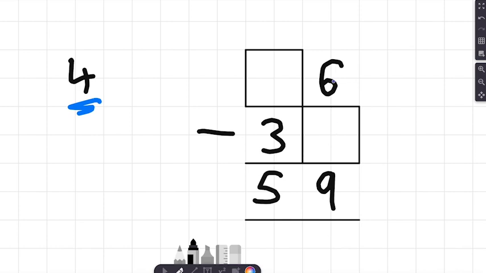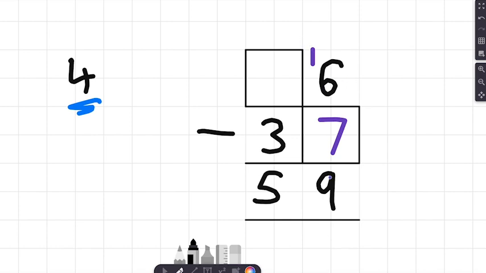So what we could do is imagine that whatever was up here, we had to take a 10 from and stick it here. So that was 16. So 16, we could take away 7. 16 take away 7, that gives us our 9. So now we need to think carefully of what could go here, bearing in mind we need to have that regrouping to make the